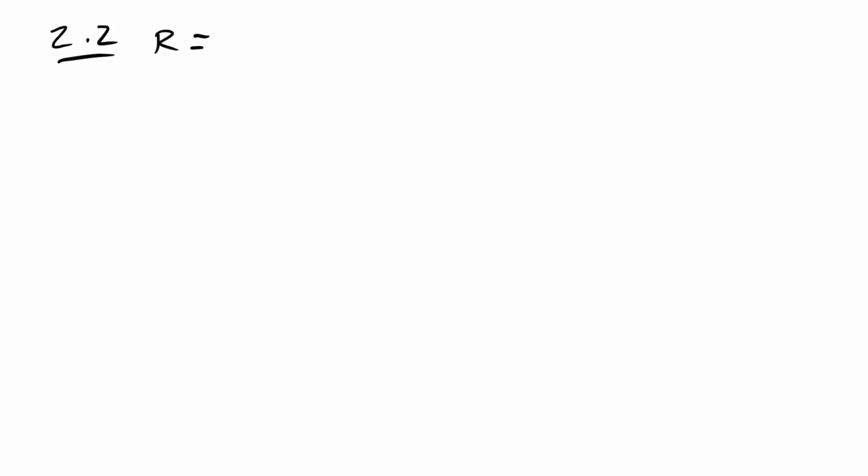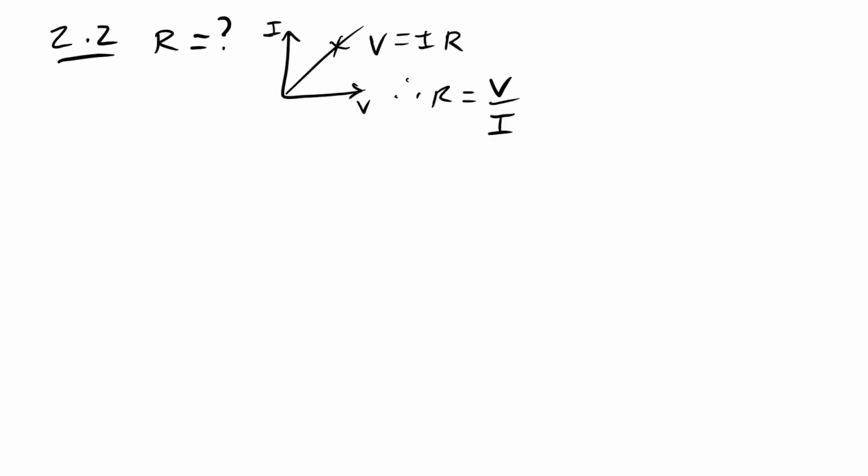So, what is the resistance of the resistor? Well, we have a nice straight line. Some people think that it's the gradient of the line that gives you the resistance. No, common misconception. All you have to do is pick a point and do V equals IR for that point. You will never find the gradient of an IV graph. You'll only pick a point and use Ohm's law. So therefore, resistance is equal to voltage or PD over current.